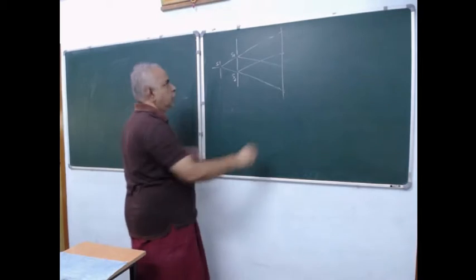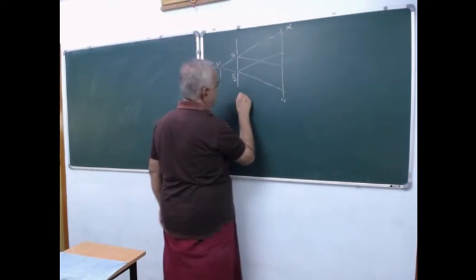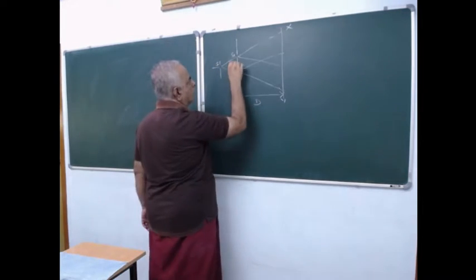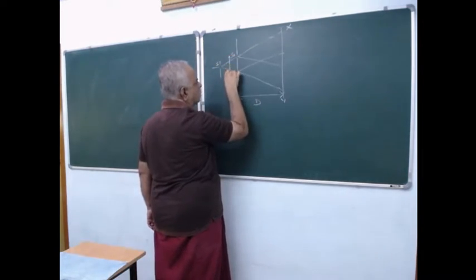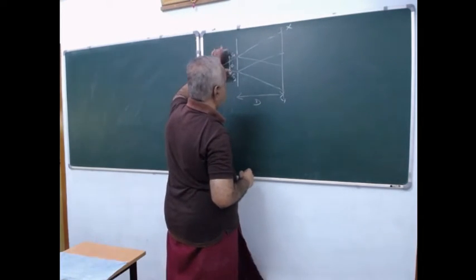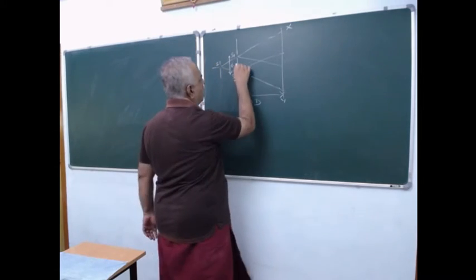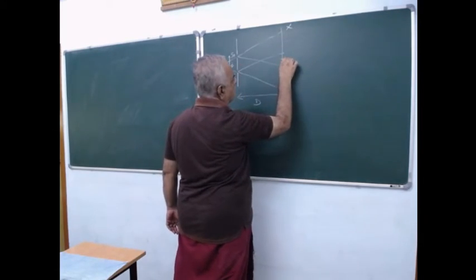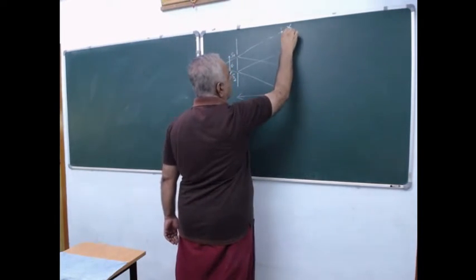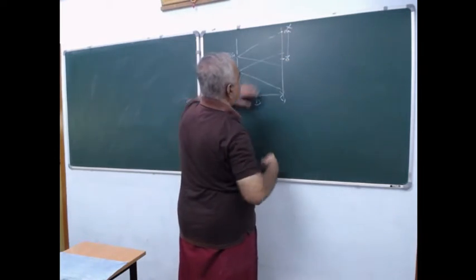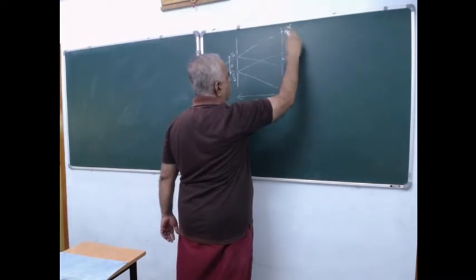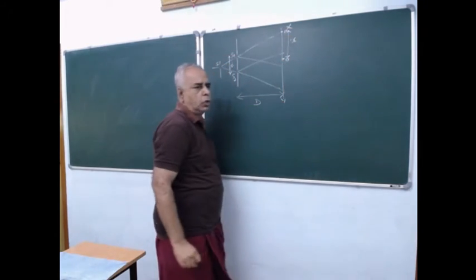Okay, XY is the screen. This is the distance between the screen and the sources, and this is D. That is the distance between S1 and S2, the two coherent sources. Let us consider this is the center O, and let me consider a point P, and this is X, the distance of the nth bright fringe or dark fringe. You can put X simply, right?